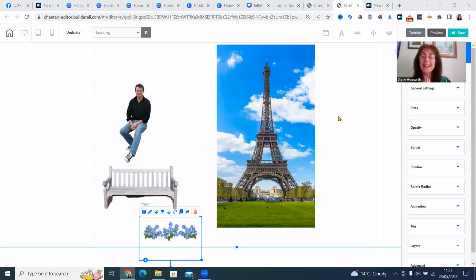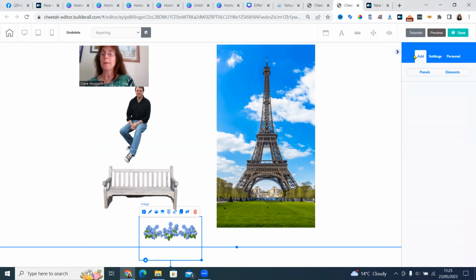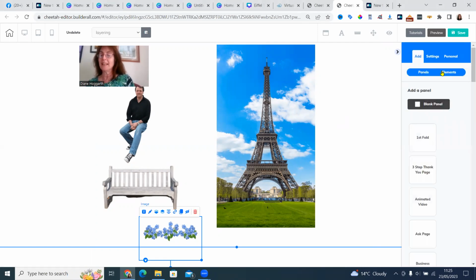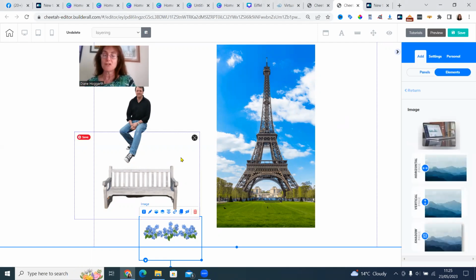Guys, layering inside Builderall Cheetah Builder, or Builderall as it's now called. I've got a really fun game for you to play. I've already uploaded some images onto a blank panel. So you can add a blank panel here, and if you want to add an element on a panel, just drag and drop the photo across. Okay, so